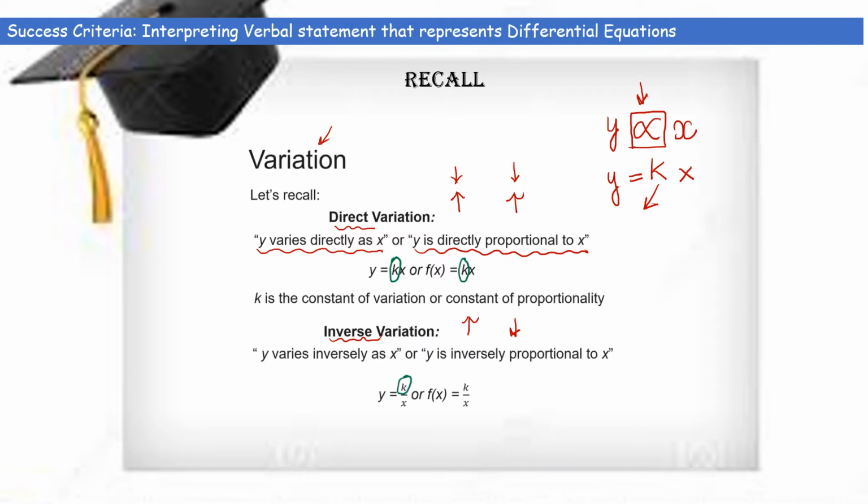Now when we talk about the inverse proportional, we will say y varies inversely as x. So inverse means they are the reciprocal of each other. So if y is written in the numerator, the x is written in the denominator. So remove the sign of proportionality, and you will get y equals k, as always, the constant of proportionality, times 1 over x, or in other words we can write y equals k over x.